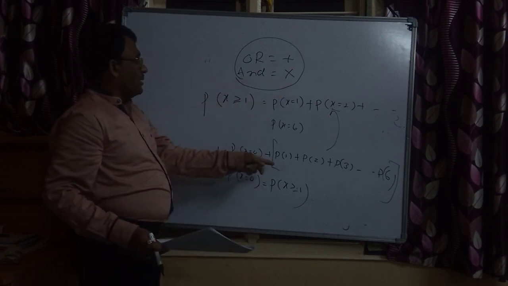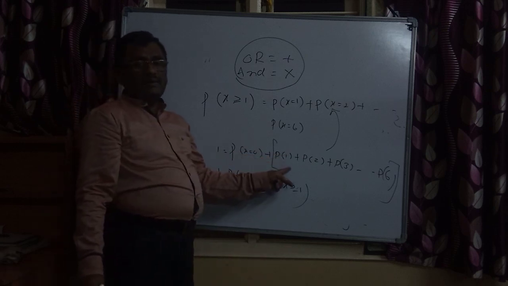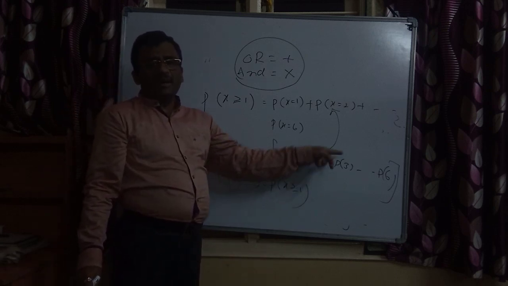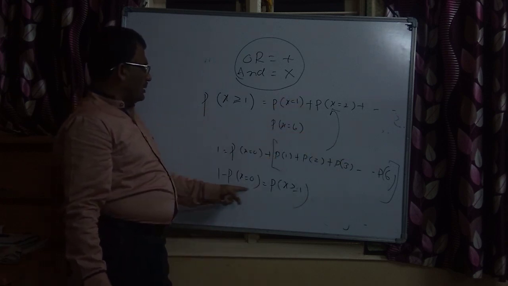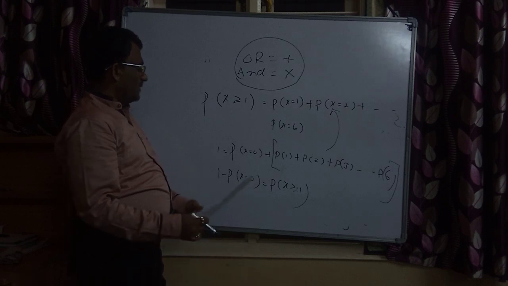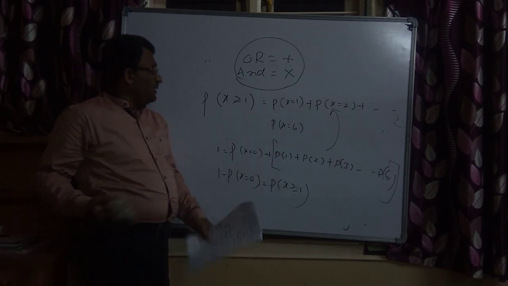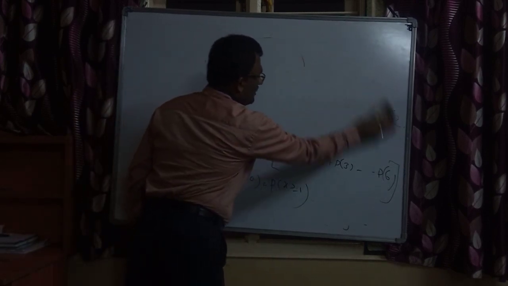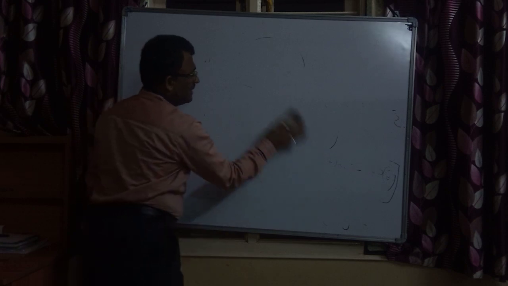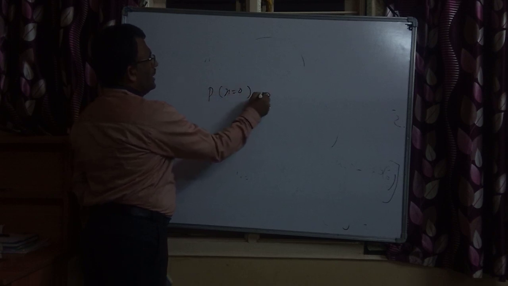Now here P of x more than or equal to 1 refers to maybe 1 or maybe 2 or maybe 3 or maybe 4, till 6. Now P of x more than or equal to 1 is 1 minus P of x equal to 0. If I apply this rule here, P of x equal to 0, I have the value already. None of them are BPL card holders. That's exactly the data I require.